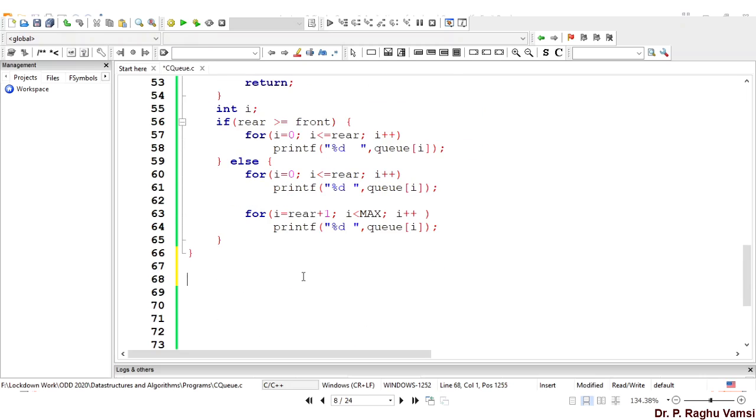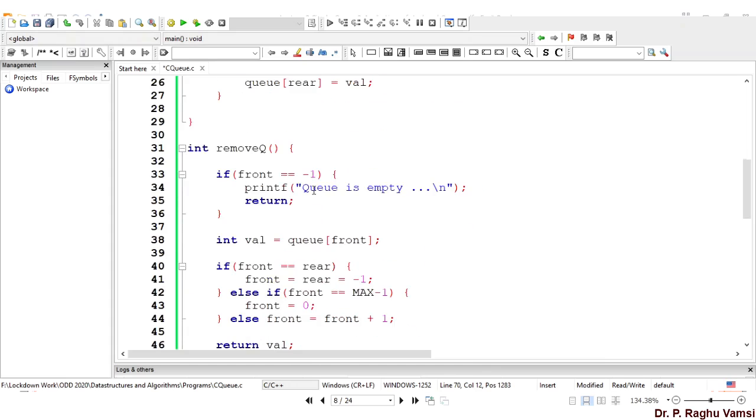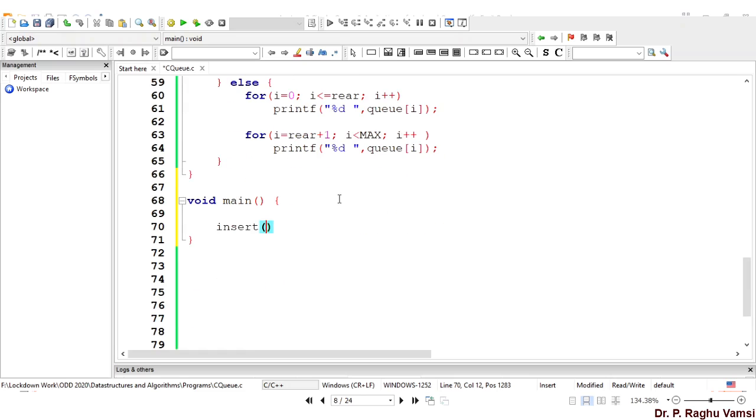Now we'll write the main method, void main, that will insert, because currently the maximum size of the queue is 5. One thing we do is insert 10.